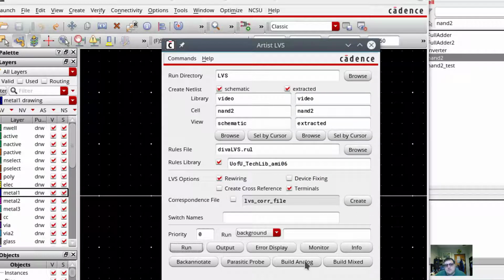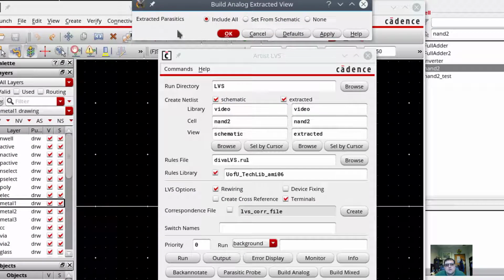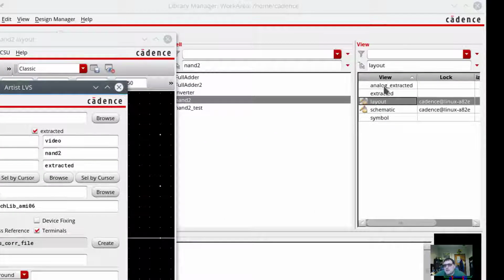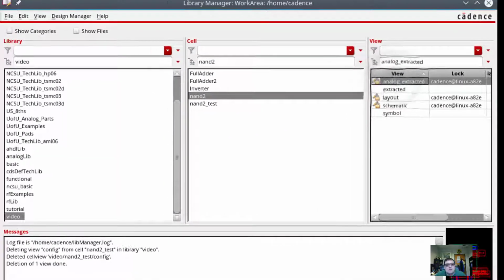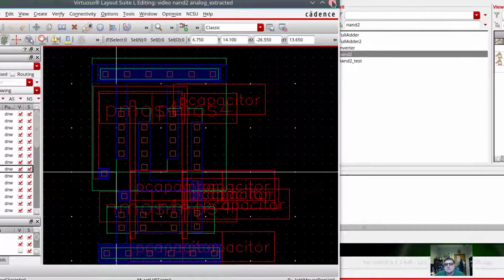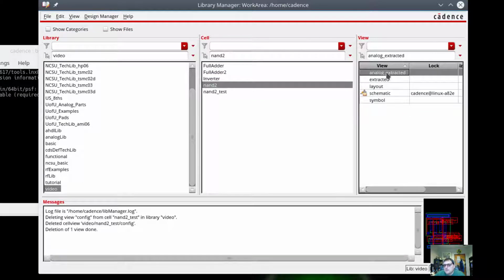And then the next step, this last step, is we're going to do the build analog. And I'm going to choose the extracted parasitics to include all of them. And at this point now, I have an extracted model over here that I can click on. And so this complicated stick figure version is the laid out NAND 2 gate with all of the parasitics computed into it. In order to do a simulation from here, I need to